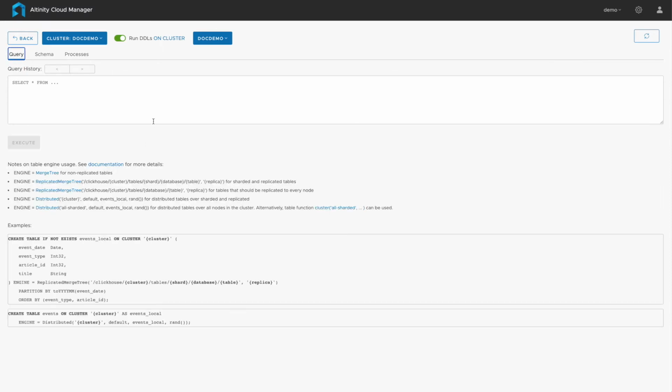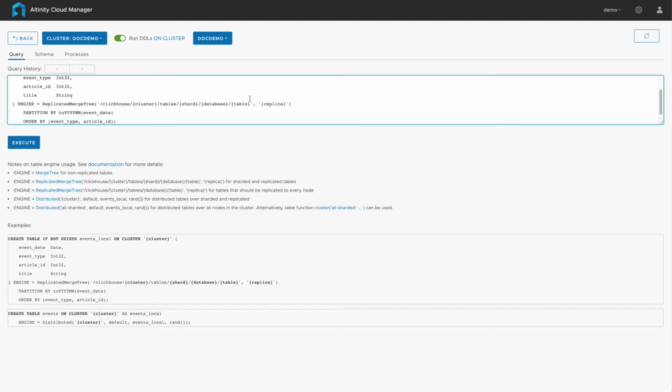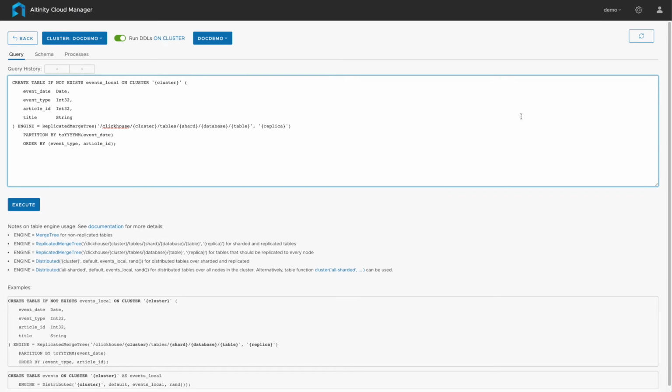It's going to be very simple. We're just going to create 2 tables and include some database engine commands that control how these tables are distributed across our cluster. We're not going to go into full detail here, so as mentioned earlier, if you have questions about these, please refer to the ClickHouse documentation on clickhouse.tech, or you can go to the Altinity documentation at docs.altinity.com. The queries used here are in our Altinity documentation quick start guide for Altinity.cloud, so you can just copy and paste these right into the query text box.